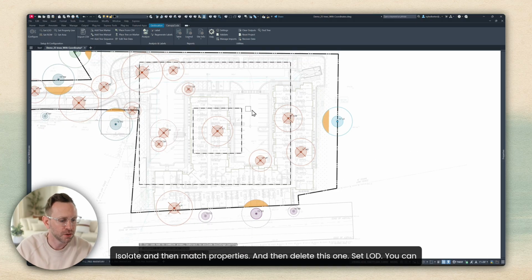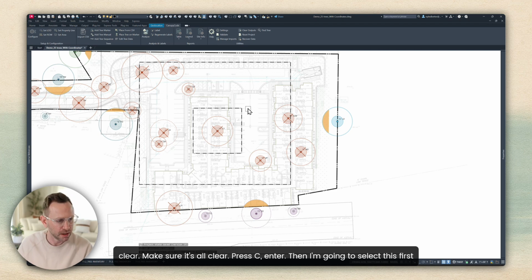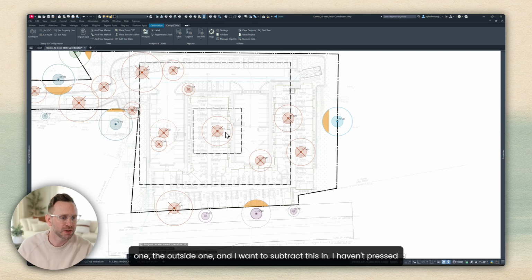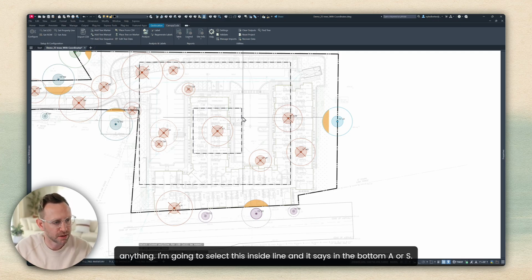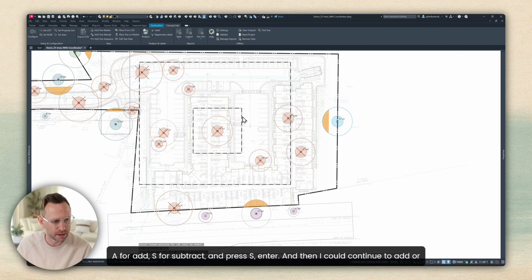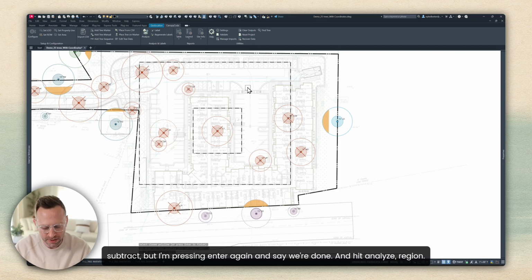Set LOD. You can clear, make sure it's all clear, press C, enter. Then I'm going to select this first one, the outside one, and I want to subtract this in. I haven't pressed anything. I'm going to then select this inside line, and it says at the bottom A or S. A for add, S for subtract, and press S, enter. And then I could continue to add or subtract, but I'm going to press enter again and say we're done, and hit analyze,